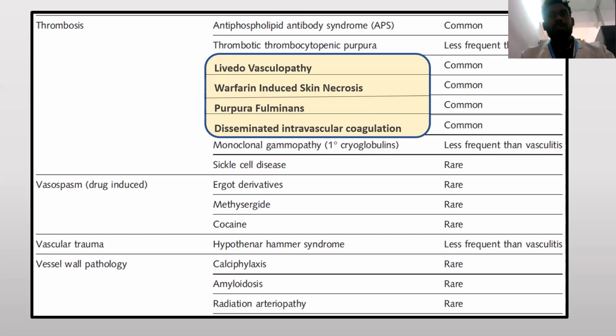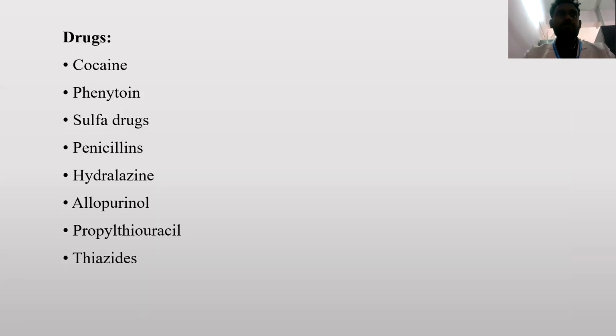also mimic vasculitis. So one important thing which they will ask in the exam is what are the drugs which can cause vasculitis. One very important drug is cocaine. Then apart from that, phenytoin, sulfa drugs, penicillins, hydralazine, allopurinol, propylthiouracil, and thiazides. All these things can cause vasculitis. So it's very